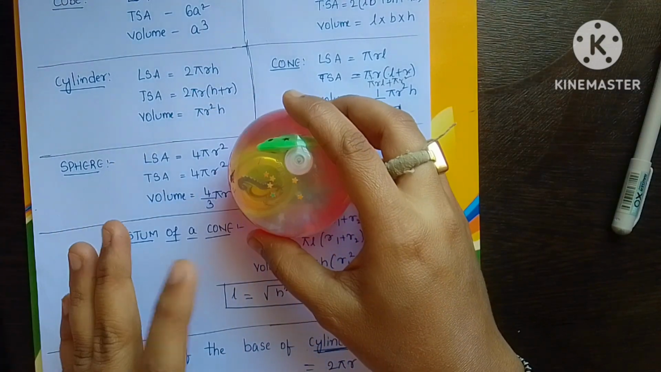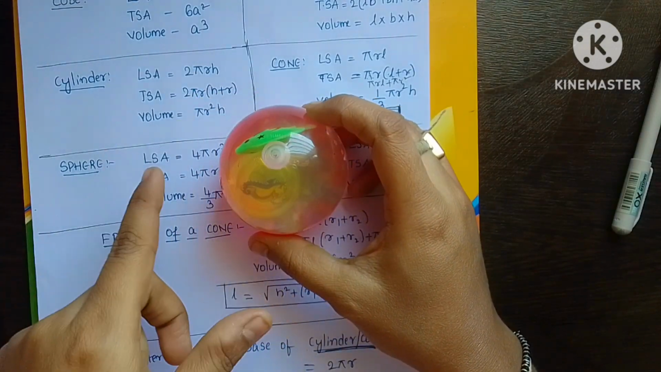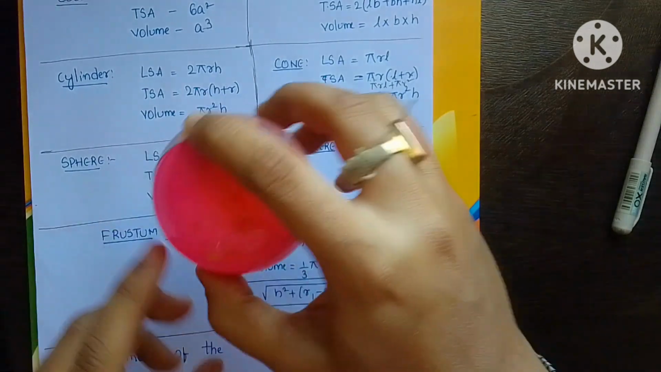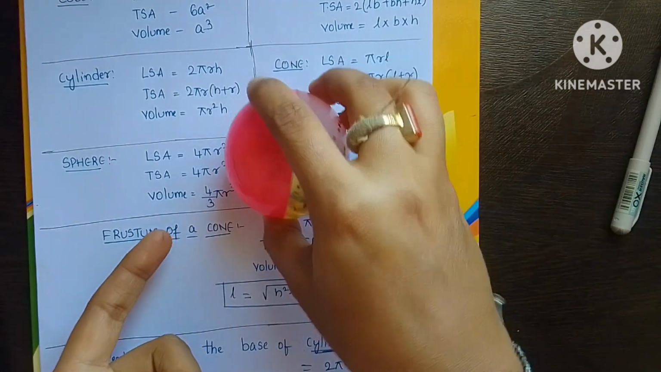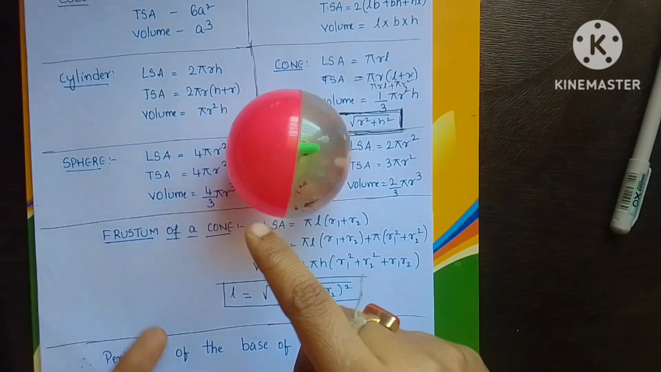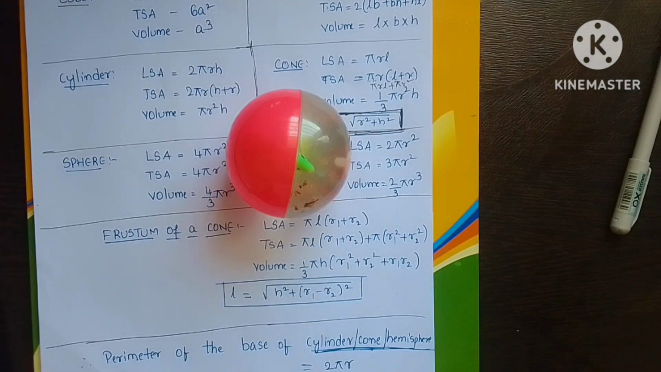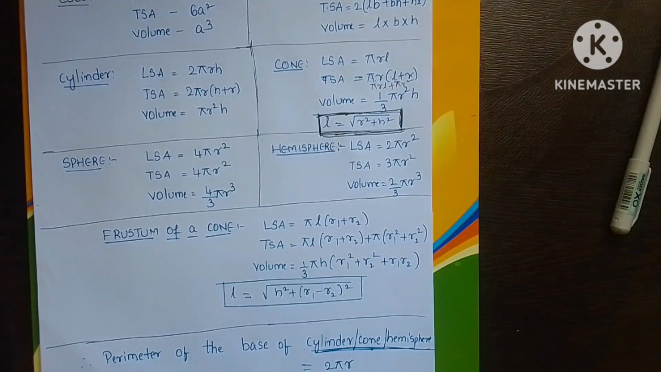Lateral surface means, as I told, the sides. Total surface means including the top and the bottom. If you keep it like this, this one will be the top; if you keep it the other way, that will become the top or bottom. So the lateral surface and the total surface in the sphere are the same, and the volume will be 4 by